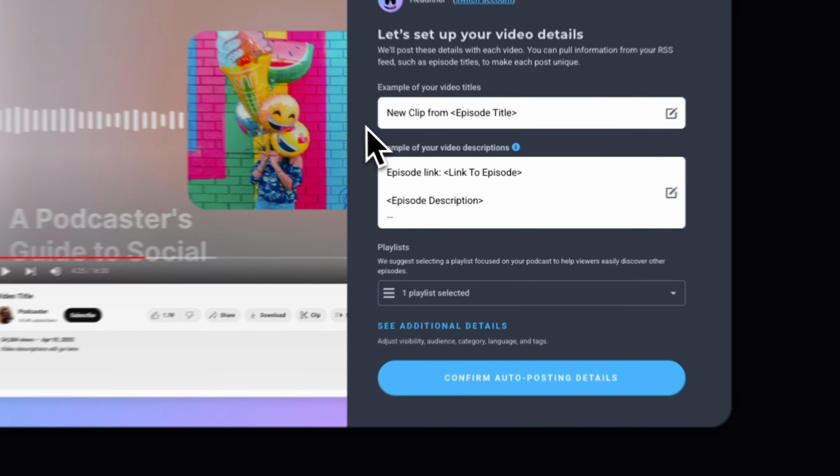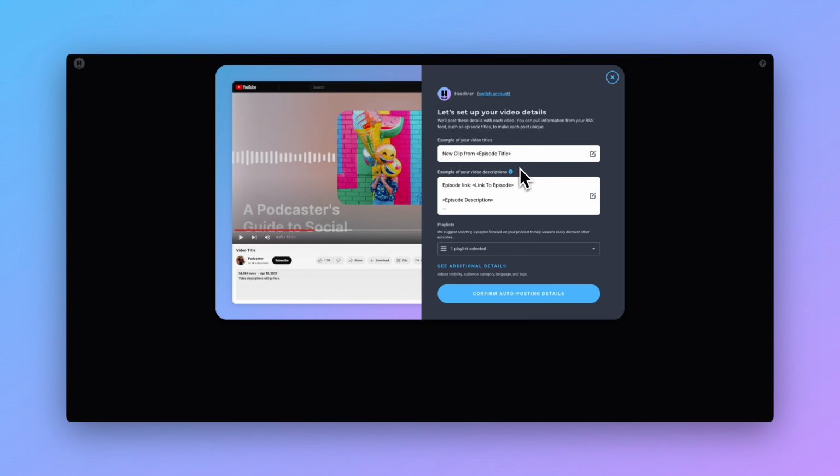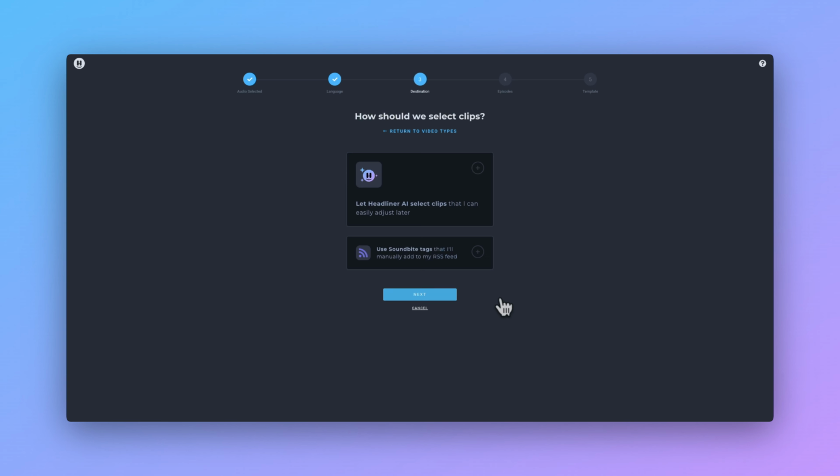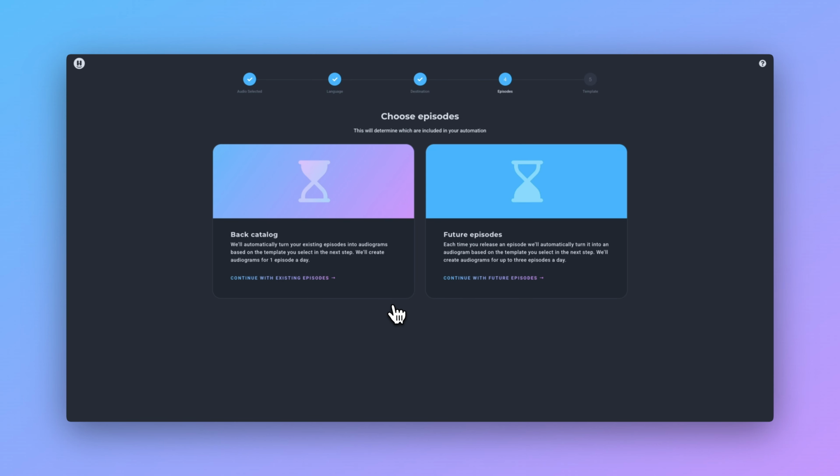And now we can see that this is going to be my automation for all of my clips. Go ahead and click Confirm. And then let Headliner AI select clips. So Headliner's AI is trained on millions of listening minutes and how podcasters have actually used Headliner to create clips. So it really understands kind of what people are looking for out on social media and YouTube, but also how people are creating in Headliner. So I'm going to go ahead and select that option, click Next,